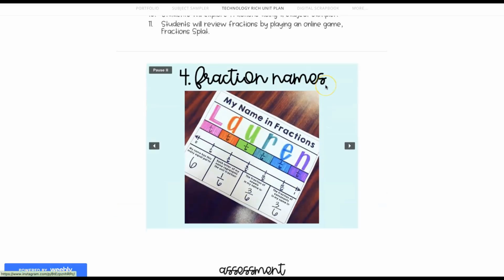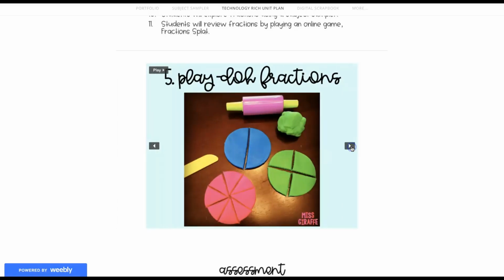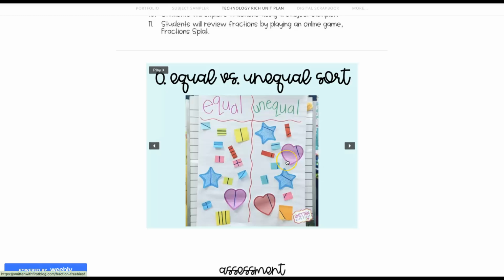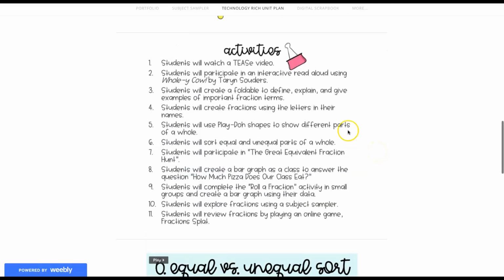You will notice that this student has chosen a slideshow format for displaying each activity, and the activities are all linked within the slideshow. If you would rather include direct links in your list, you can do that as well. The sky is the limit. You have options in regard to how you would like to display your activities in your technology-rich unit plan.